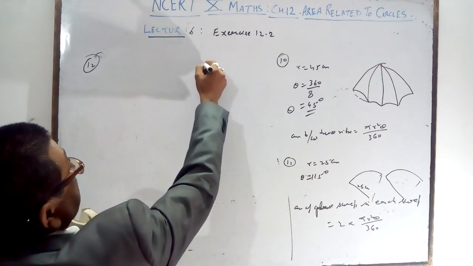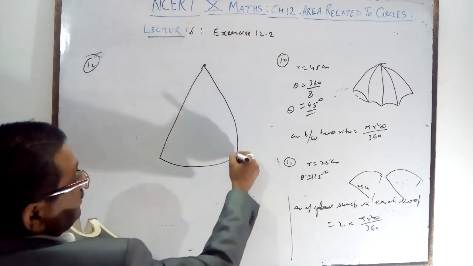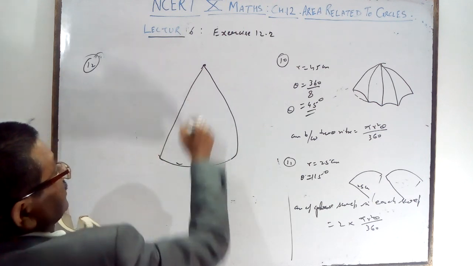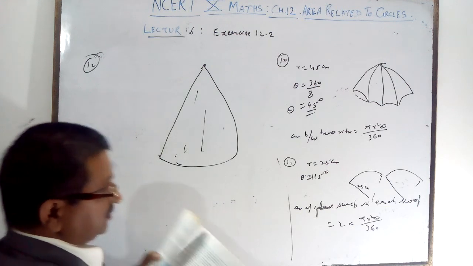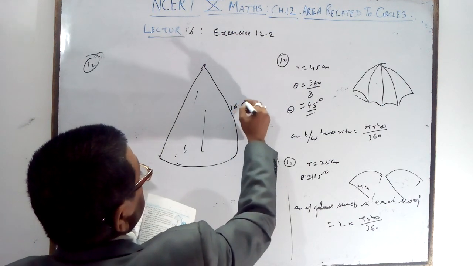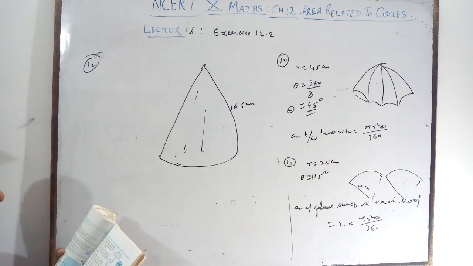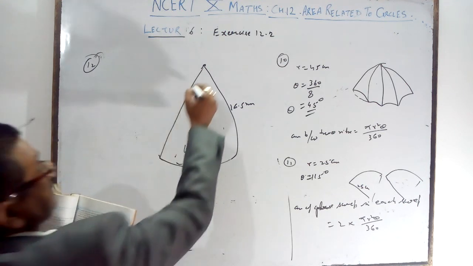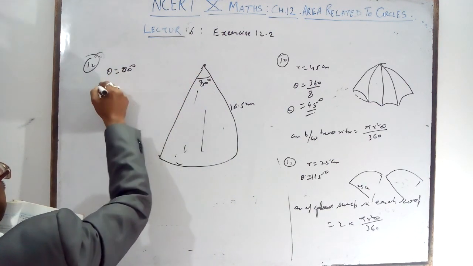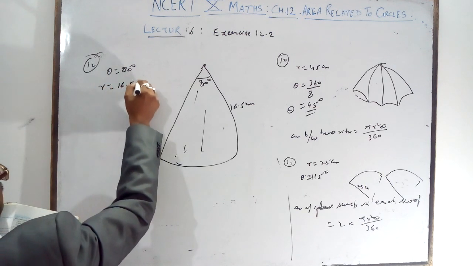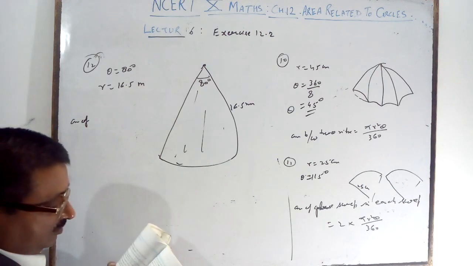From here one red light comes and forms the sector. These are the rays coming and forming the sector and striking on the rock, that is 16.5 kilometers. How much length are they going inside? So it is the radius of 16.5, and they are making an angle of 80 degrees. So theta is 80 degrees. Radius is 16.5.